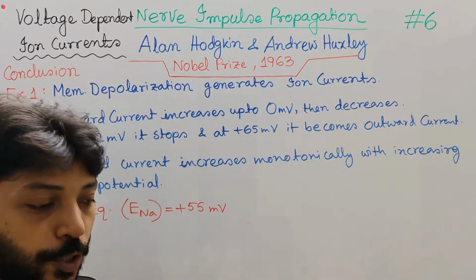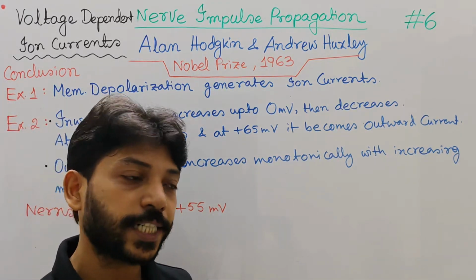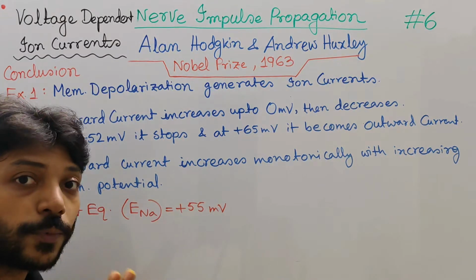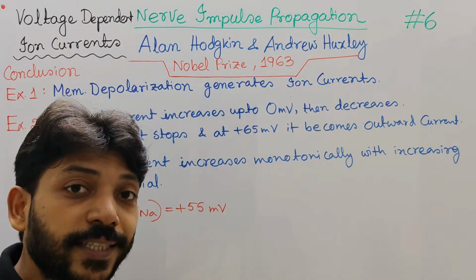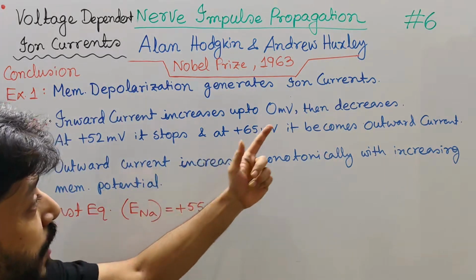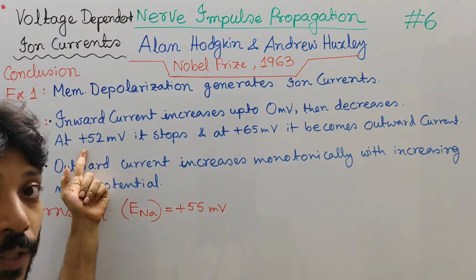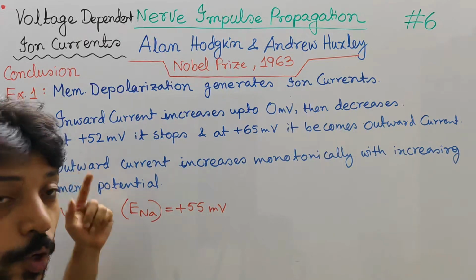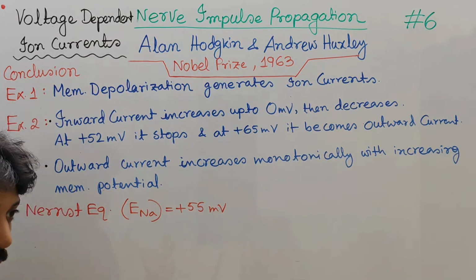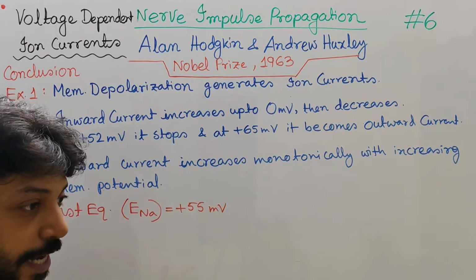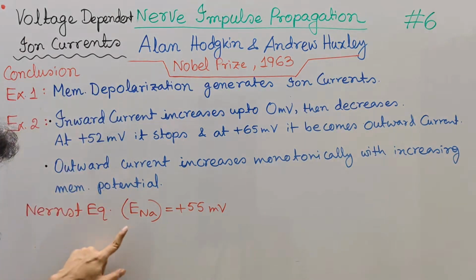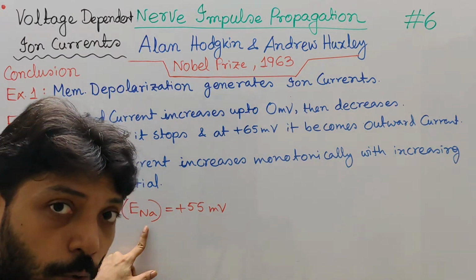That is the equilibrium potential, because the ion concentration gradient helps in the movement of ions, but this potential will stop the movement of ions. And what Alan Hodgkin and Andrew Huxley got is that at plus 52 millivolts, the inward current stops. That means they correlated these two values. So they tried to understand whether this inward current is due to the sodium ion flow